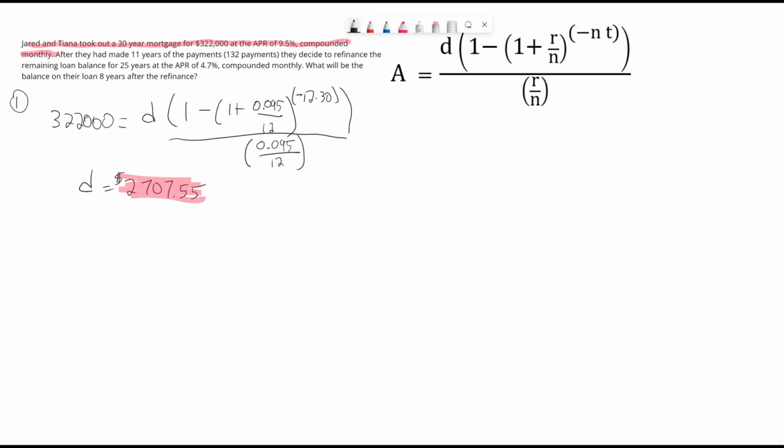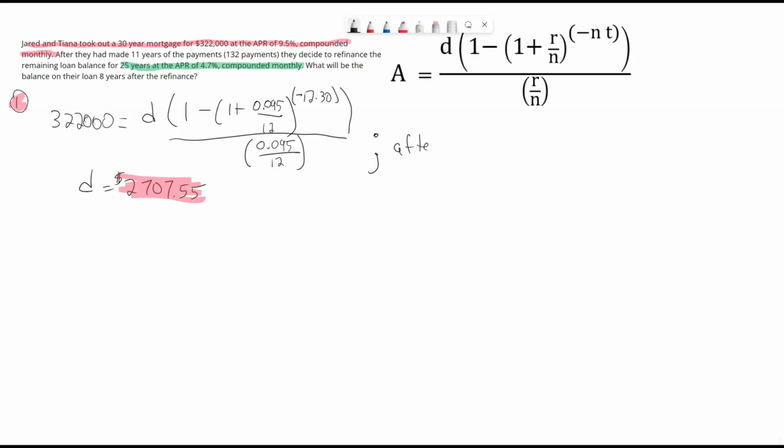All right. Now, after they had made 11 years of the payments, they decided to refinance the loan. So we will have a different set of information for our refinance. But we're not quite there yet. We're not quite there yet because when we go to the bank, we need to tell the bank how much we still owe. Of course, they would look that up, but we're being proactive on this problem. We can't ask the bank. So,